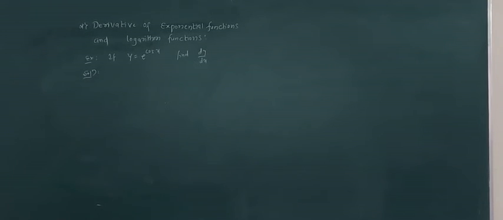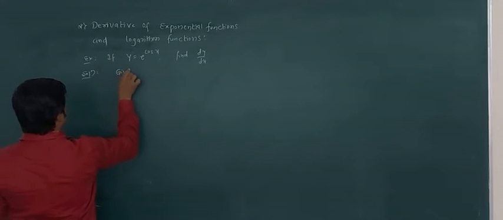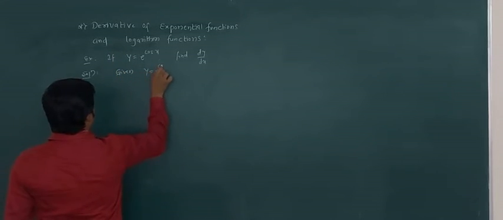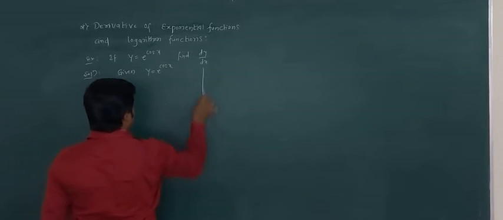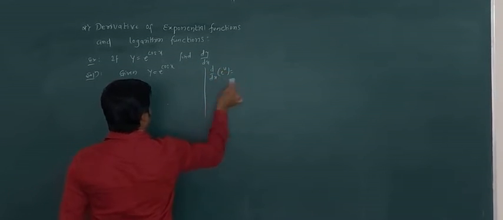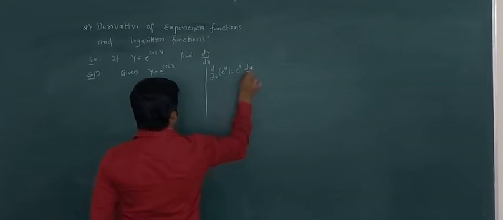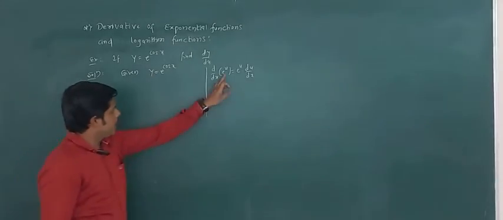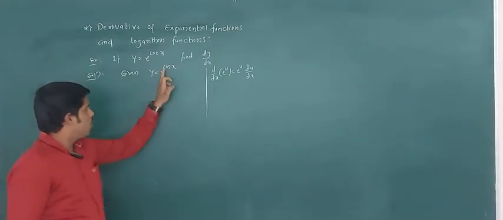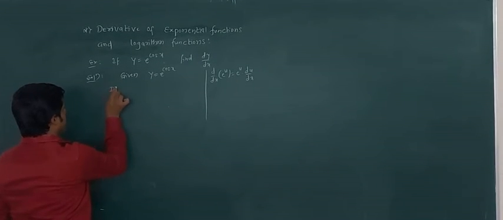So consider next example. If y equal to e to the power cos x, then find dy by dx. Solution: here given is y equal to e to the power cos x, and we know that d by dx of e to the power u equal to e to the power u into du by dx. Here comparing e to the power u and e to the power cos x, we have u equal to cos x. So then differentiate this function